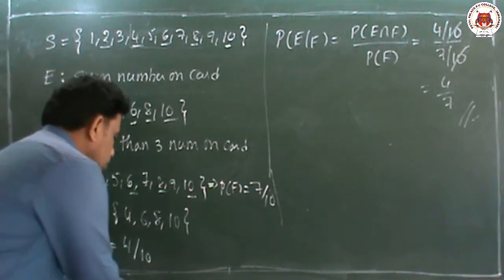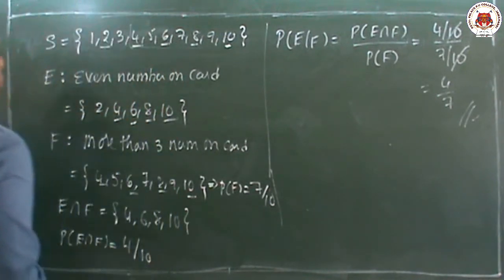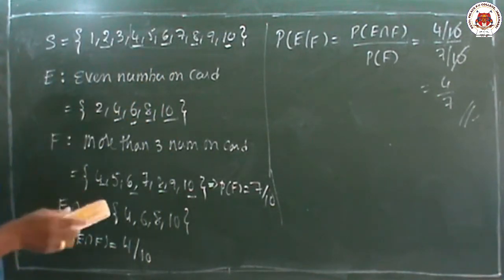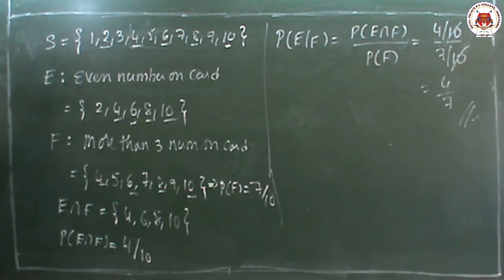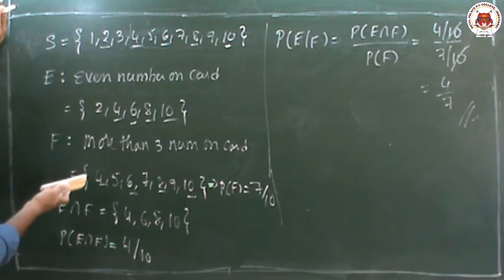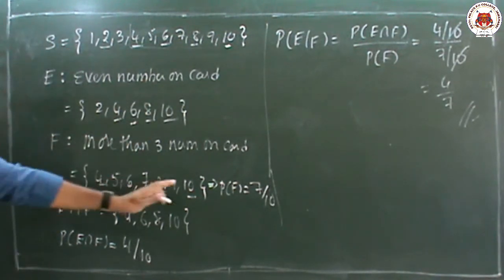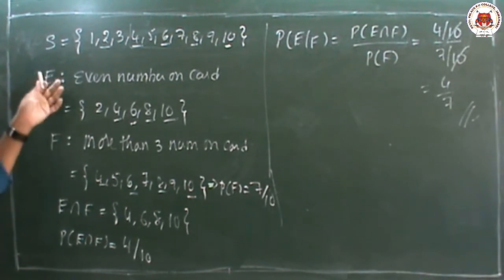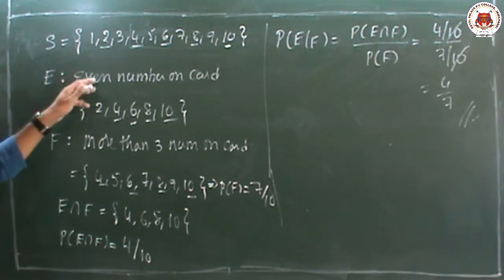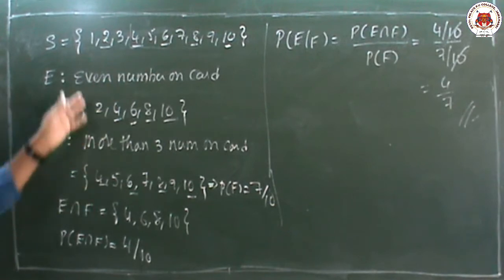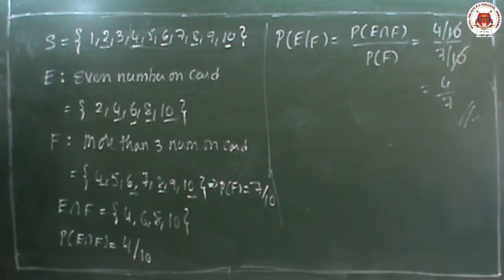Okay. Now we'll go to another question on this model. I hope people have understood. For E, you only have to think. I want two events. One event is E. E means what we have to find. F means what is given. He gave that the number on the card is more than 3. More than 3 means these are the numbers. So E means what we have to find? We have to find that the number on the card is an even number. Even numbers on the card means this one. This is the manner, like this we will find.